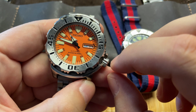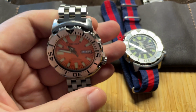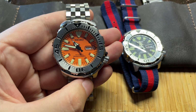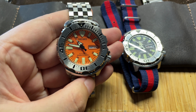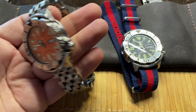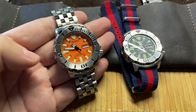So the first generation monster, you can tell it has a crown like this with these vertical horizontal lines, and the checkered pattern is on the second generation. Also, the second generation has a different movement, the one with the hacking and hand winding. This one is the pure and simple 7S26. It's the same movement as in the famous Seiko SKX,